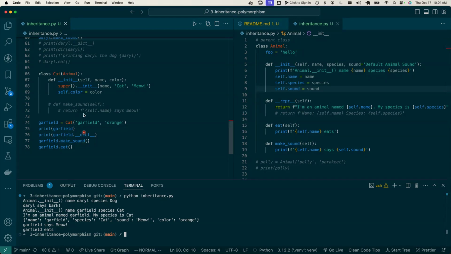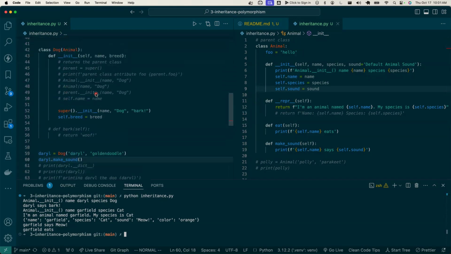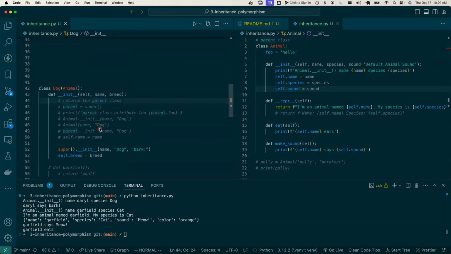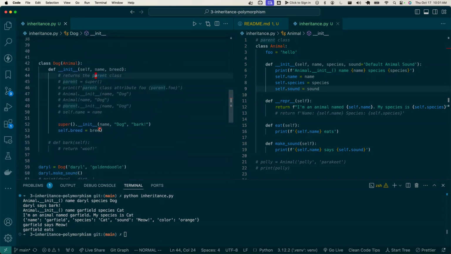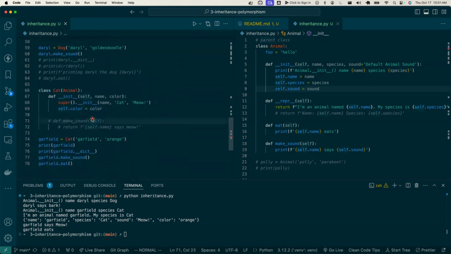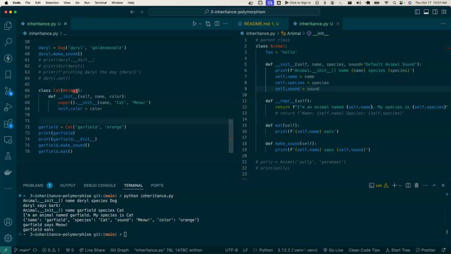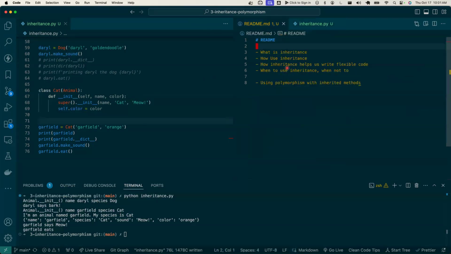Just to recap, there's a lot of commented stuff out here for the dog, but for the cat, we've seen how you set a parent class here when you define it. And in the dunder init method for our child class, we use this special super function to call the dunder init method of the parent. And then the child inherits all the attributes of the parent. And what this gets us